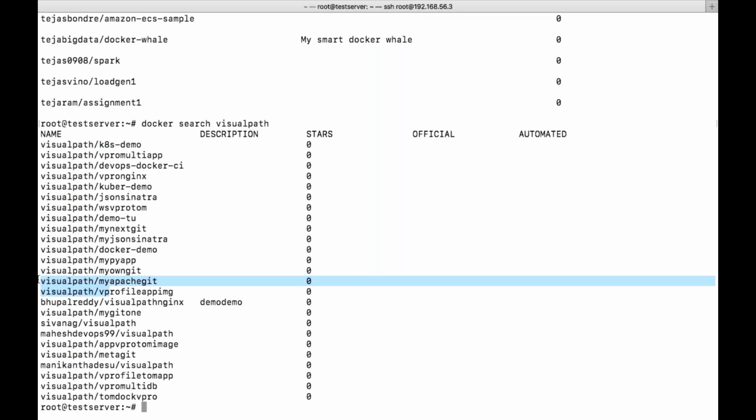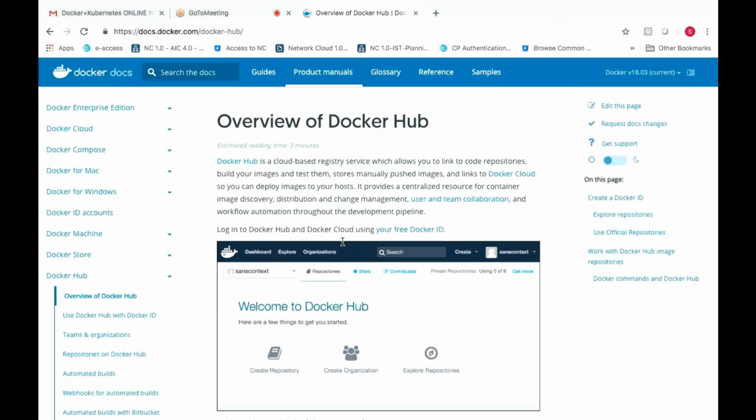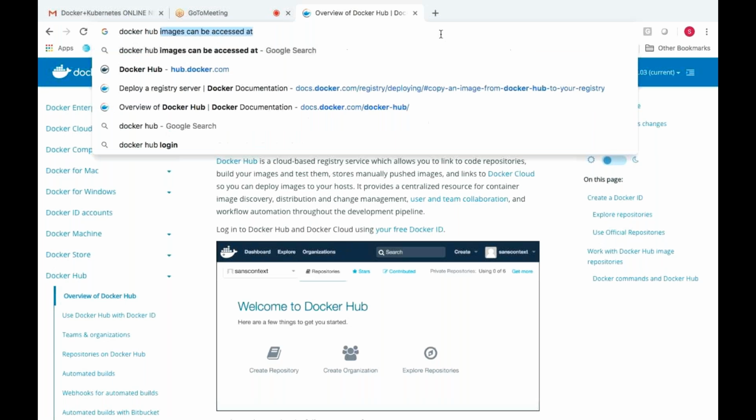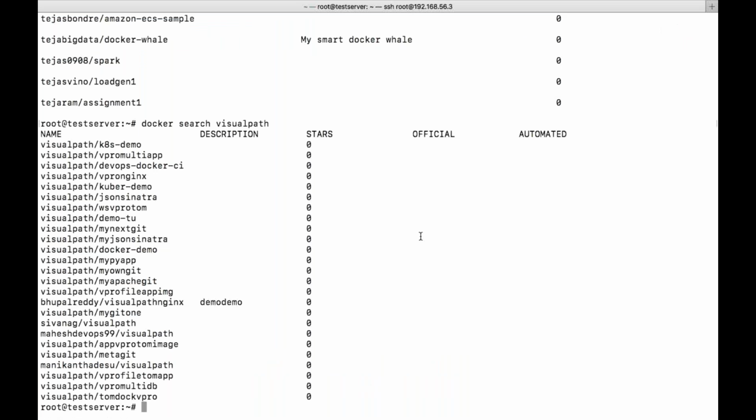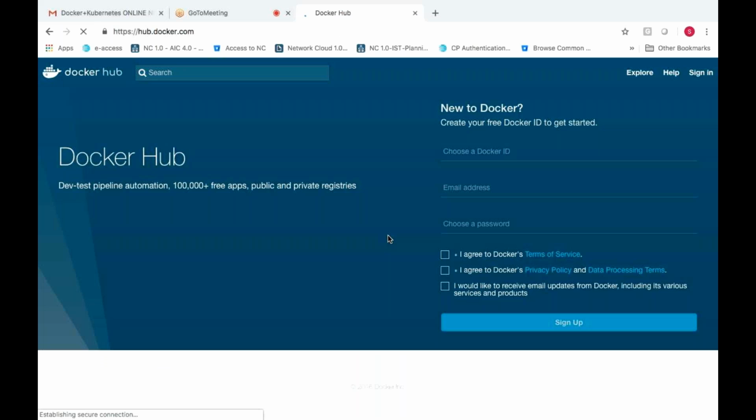Let us do one thing: if you want, you can create your Docker Hub account. Search for hub.docker.com. Here you can create an account. It is just simple. Within a fraction of a minute you can create your account. Once it is done you can sign up. You can push your images, but that is a later task. As of now, you can create an account in Docker Hub. My Docker Hub account, I will show you how to log into that.